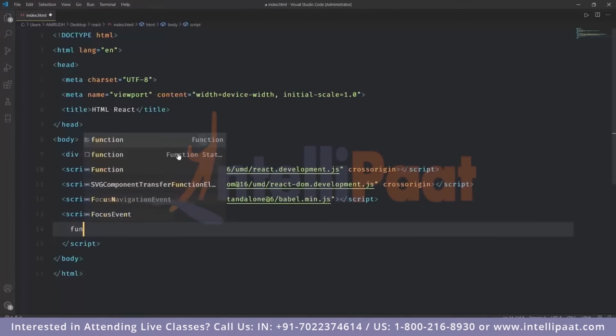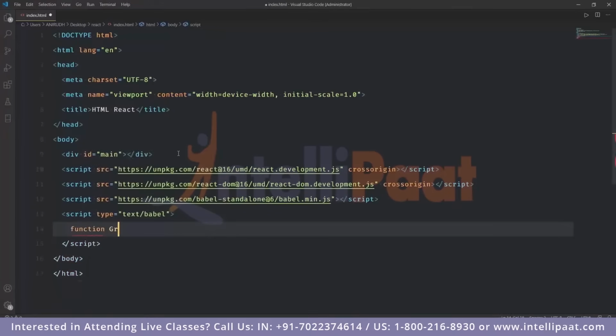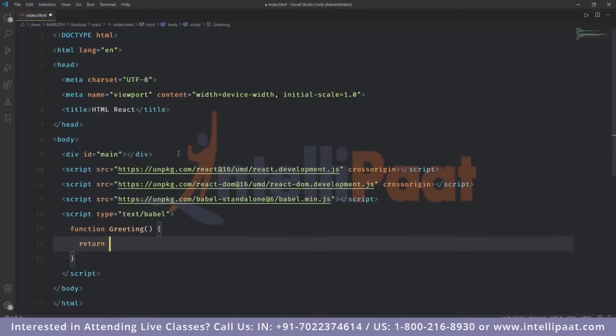Now all I have to do is create a component. So I'll create a functional component because it's going to be easier. I don't need any state right now. And I will do the same thing. As you can see, it looks like I'm writing HTML, but I'm not. And now all I have to do